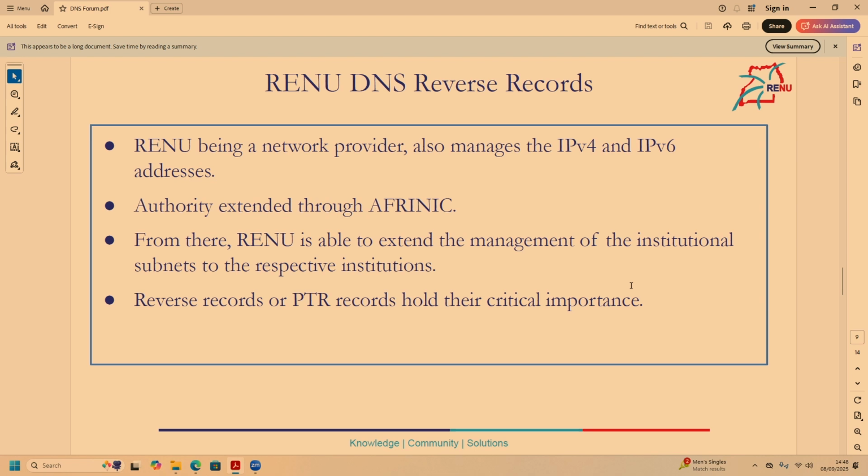Records, on the other hand, are not provided by ICANN. Those are usually provided by your IP provider. In Africa, that's AFRINIC. AFRINIC has its issues it's currently going through, but some of the functionalities are actually still working. One of them is the reverse PTR. The PTR records, it's more of